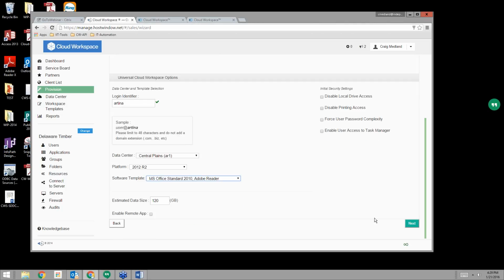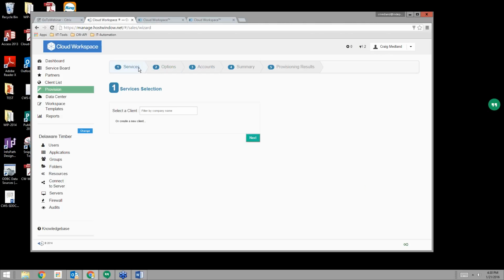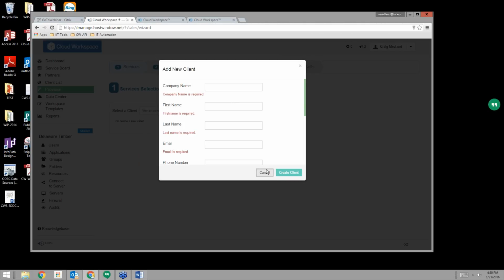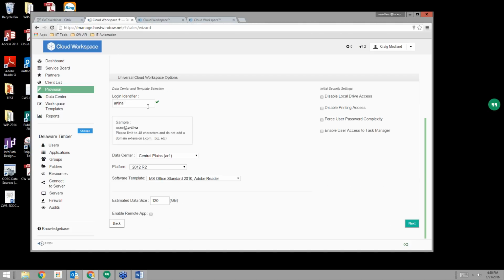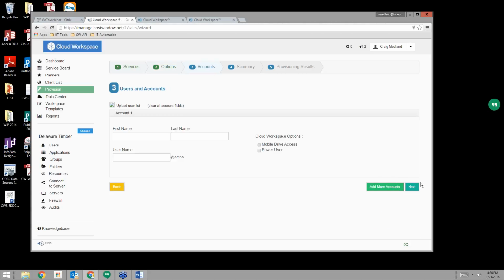Once we choose it, you're just going to finish the process and create the users that the client needs to go live with. You can add or remove users at any point of the process. We also give you the ability to do a bulk upload. If you have a client with 50 or so users, there's a really simple Excel form that you fill out, and you'll automatically create those 30 or 40 or 50 users. Those are essentially the 3 steps: create the business, choose the login identifier, the data center, the template, then add the accounts, and click go.